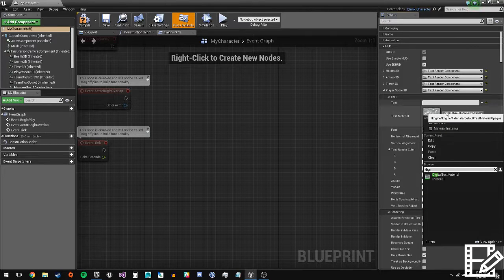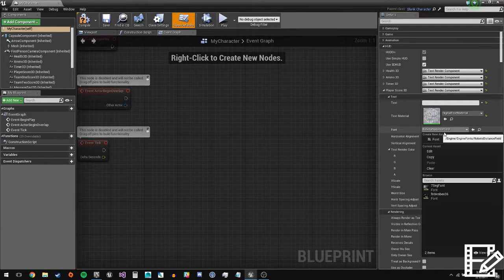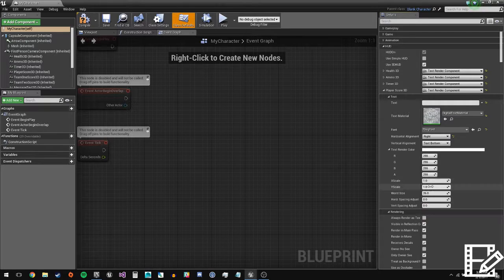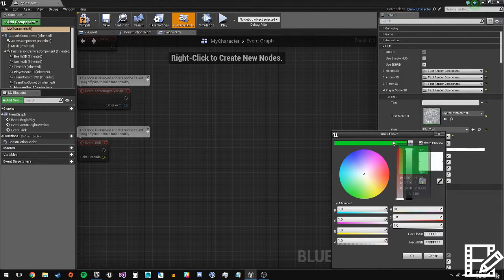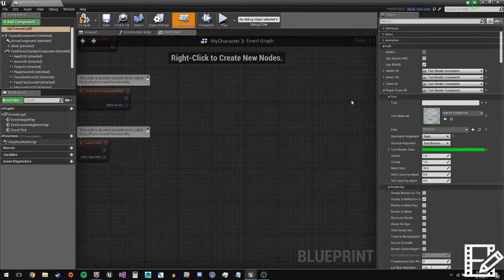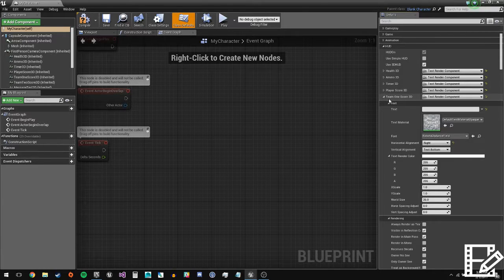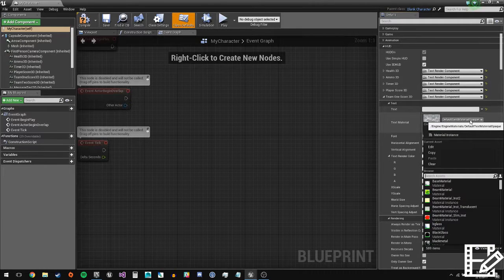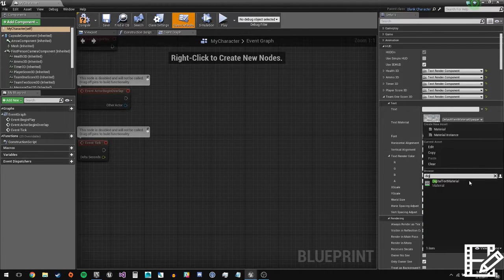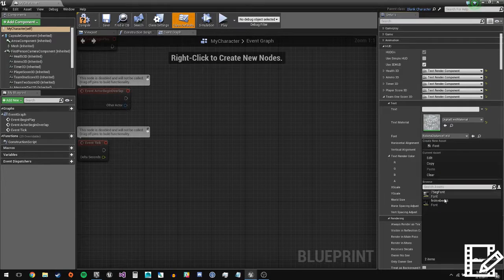Digital, 7 seg, green. Team scores, you don't want to set the color because that'll be overridden to red and blue. But we can go and do digital, 7 seg,